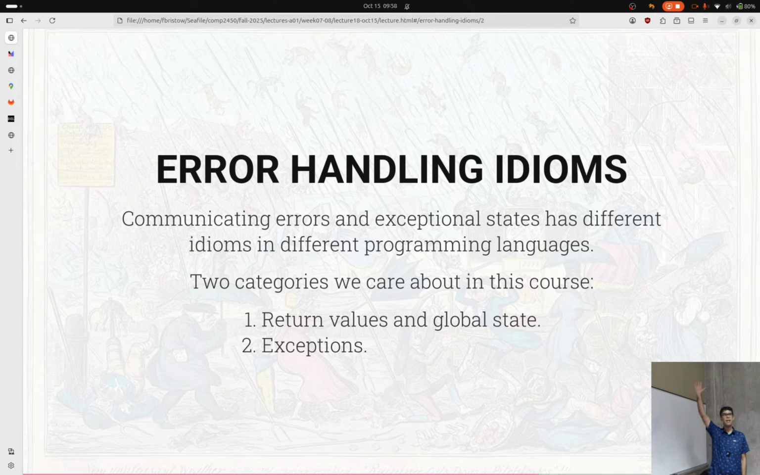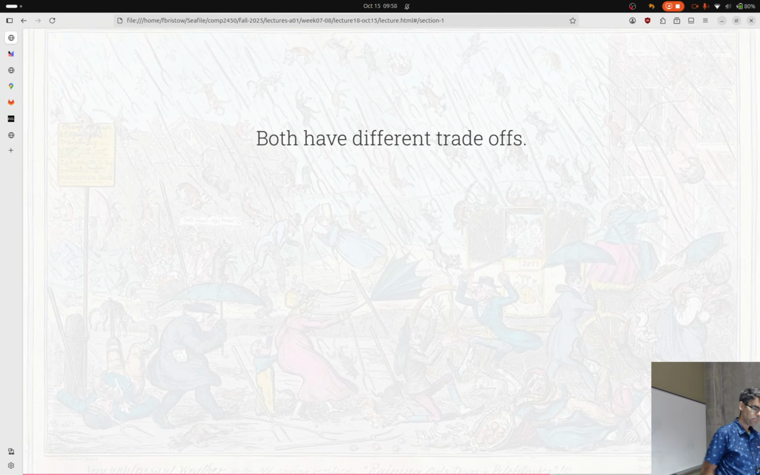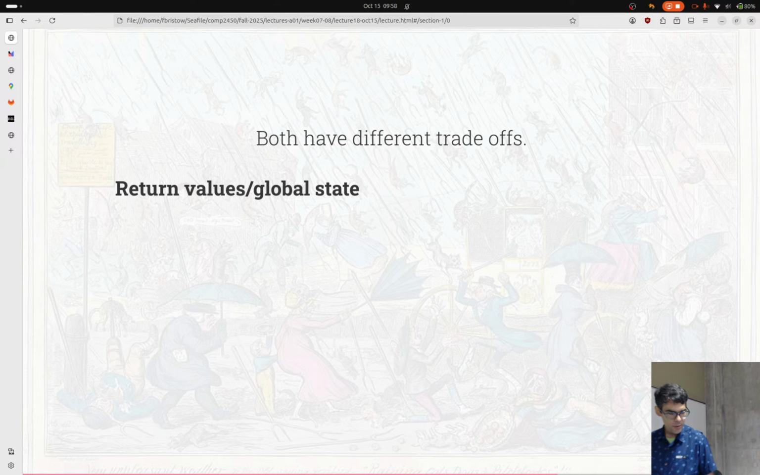Just quick show of hands, try catch. Yes, thumbs up, awesome. Okay, so everybody's seen the words try catch before. We've all dealt with exceptions before, but other programming languages use return values and global state. Each of these different approaches have different trade-offs. So return values and global states,